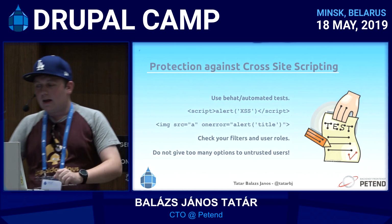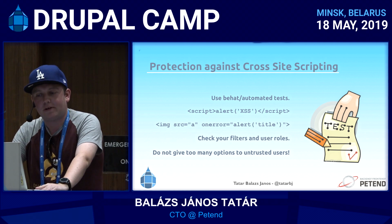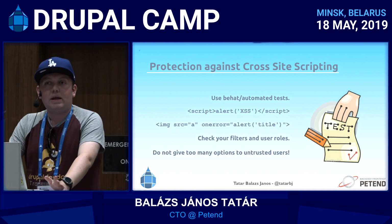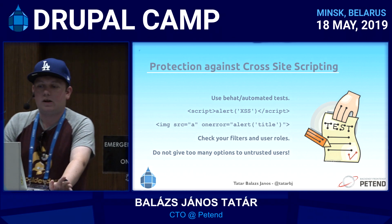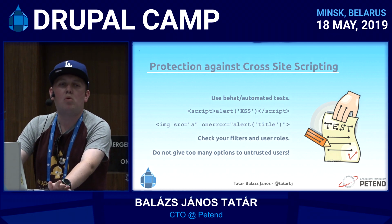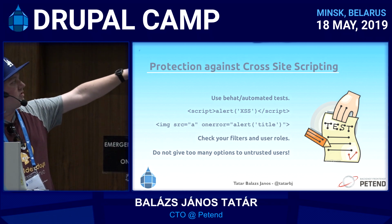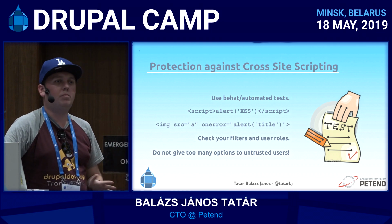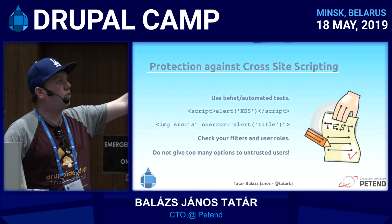Great job. How can we make sure our websites are protected against cross-site scripting? So basically, tests, always tests. Be it some sort of behavior-driven development during the development phase, it is just great. Automated tests can basically discover most of the cases when an input is vulnerable to XSS. If you just take the second and the third lines, those basically cover 95% of all cases. Because the second one basically exploits an on error